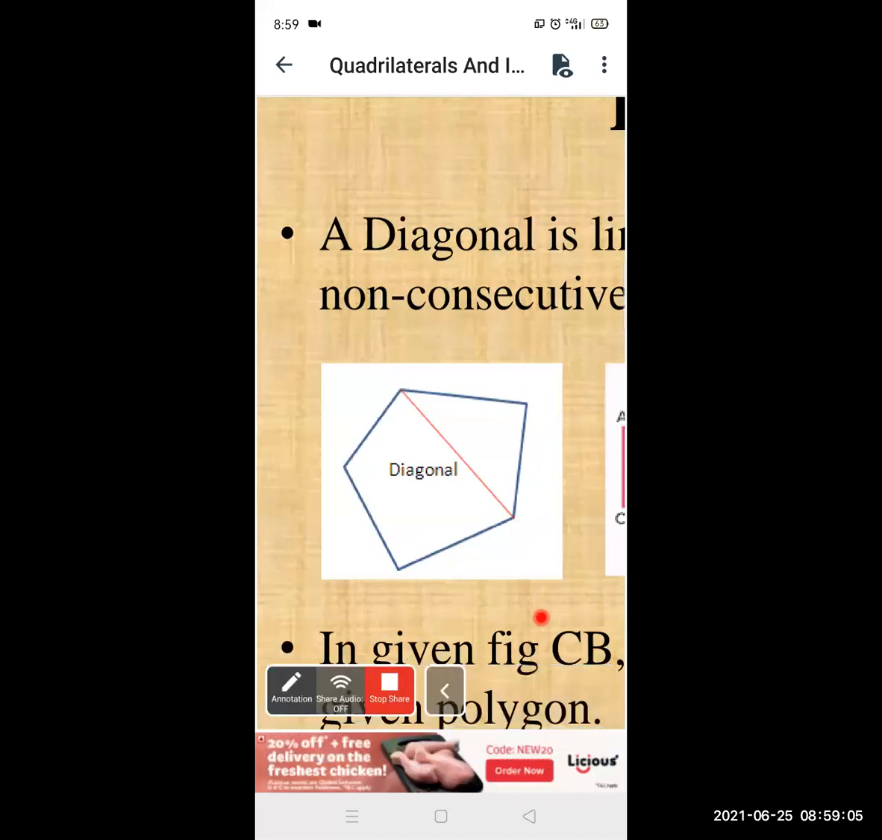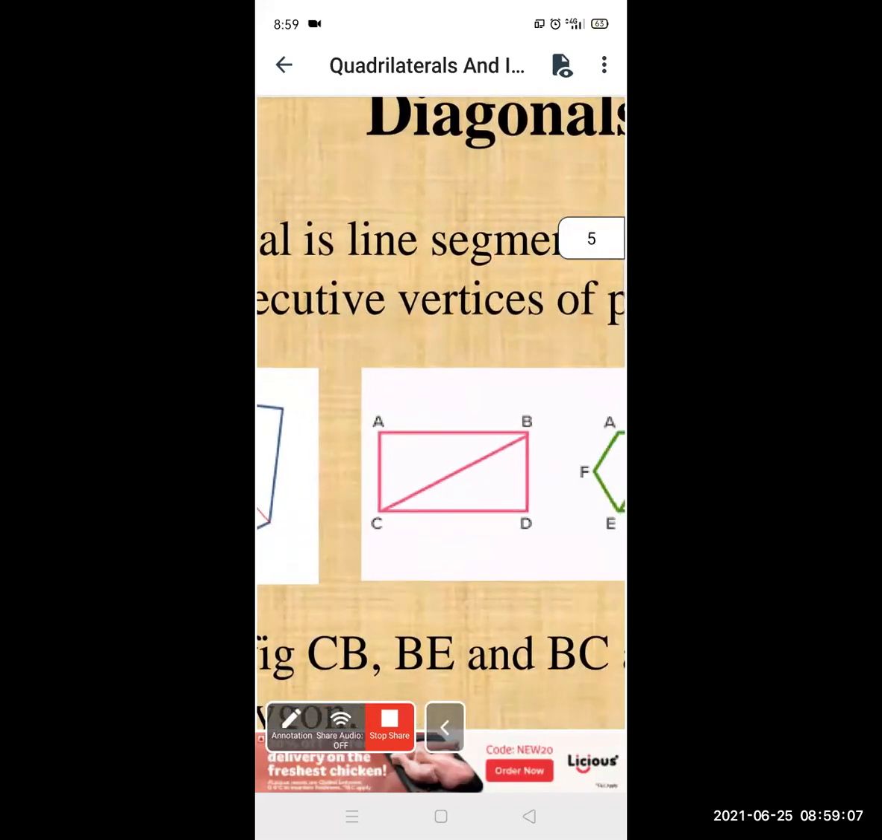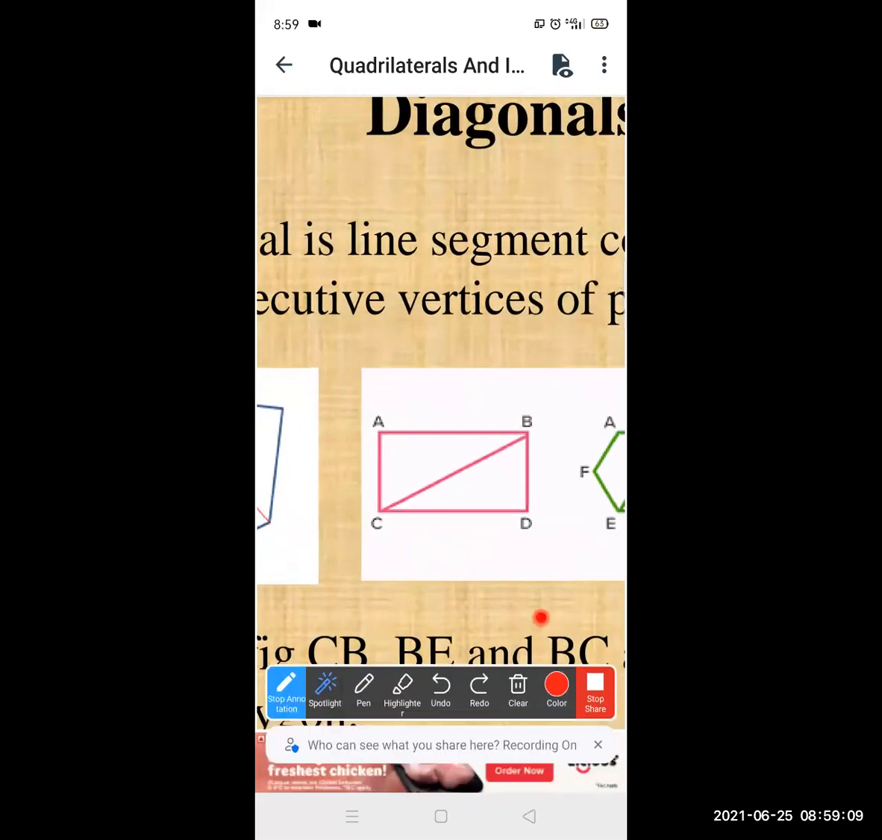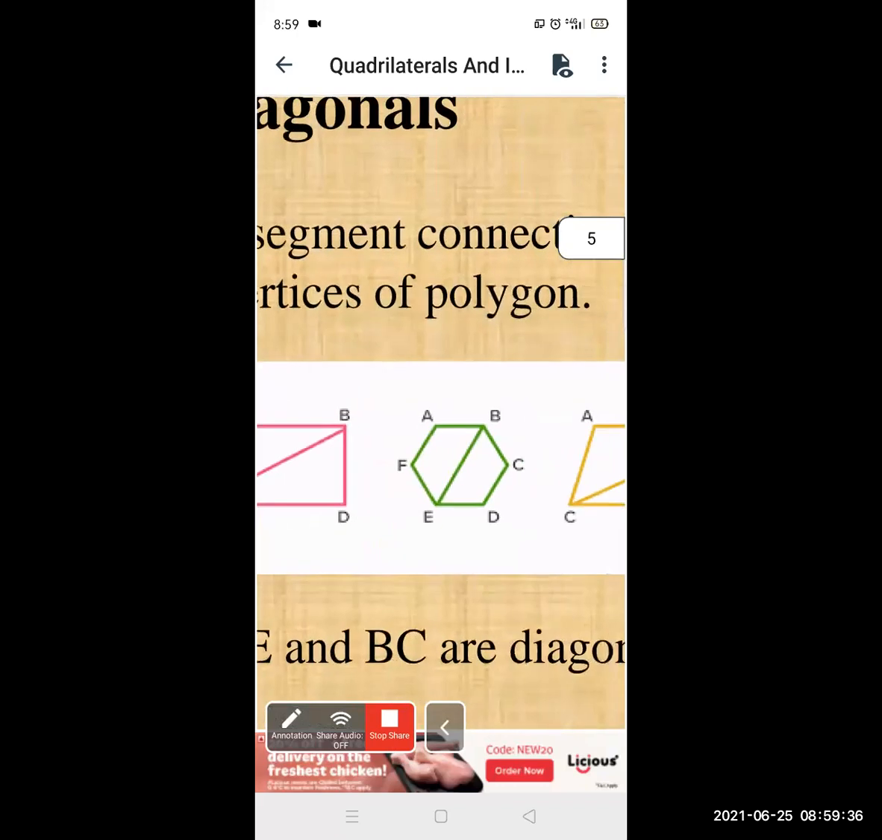Here we can see ABCD given to you, a quadrilateral. Now see A, then B, then C and D, like this. Now A after B is consecutive, B after D is consecutive, and D after C is consecutive. B and C are non-consecutive. So we draw a line between B and C. So this becomes your diagonal. Similarly here also,